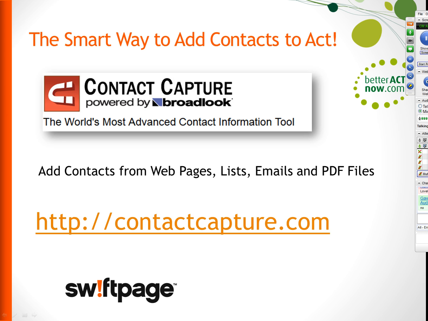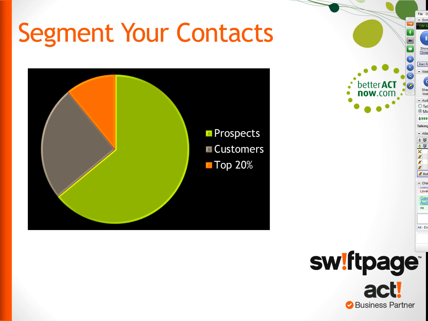So how it works, it just grabs any company details from an email, from a PDF, from a website, and you can just copy it and import it into ACT. It's a fabulous tool. So that's the secret tool that I love to share with people. No longer secret, of course. So if you want a demonstration of that later, I'm certainly happy to show you that in practice.